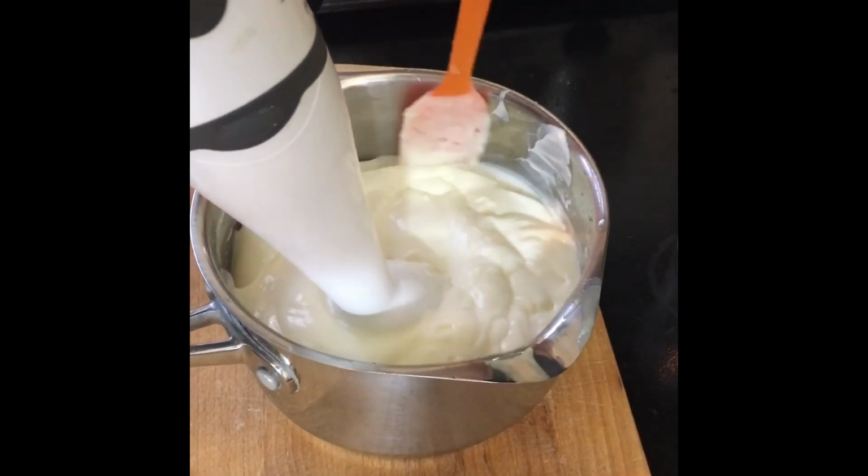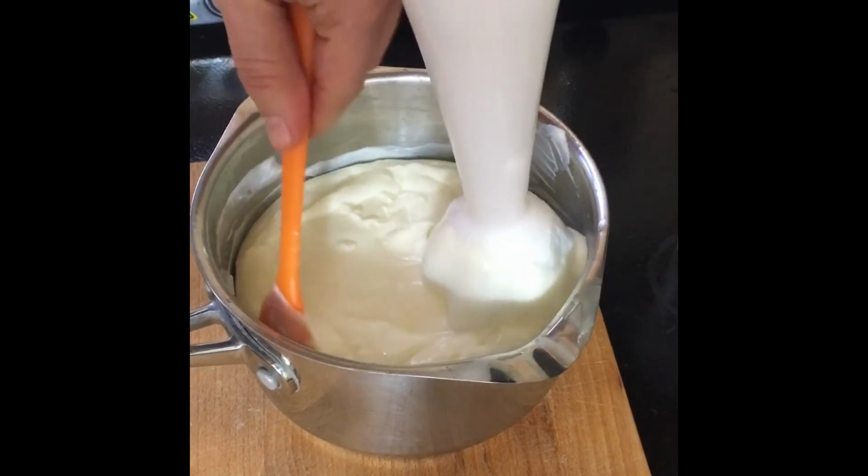It's really important to get all the little bits because of the antibacterial